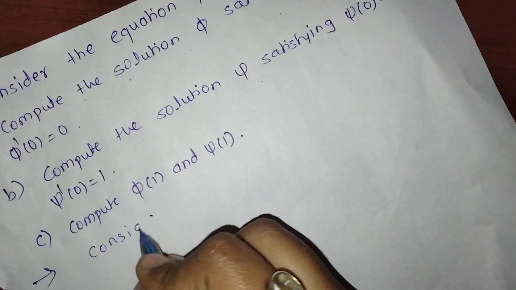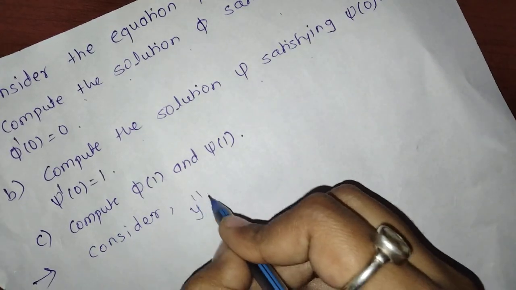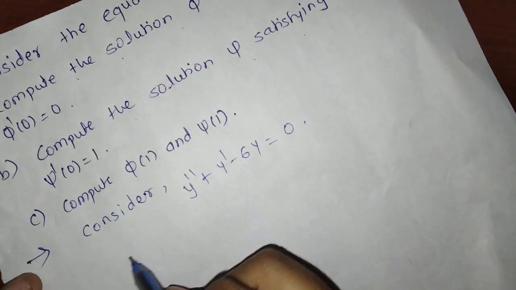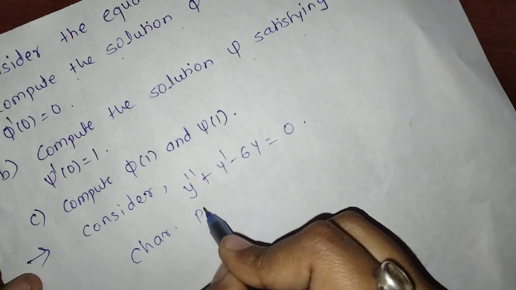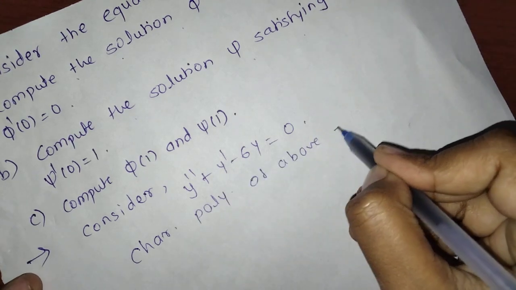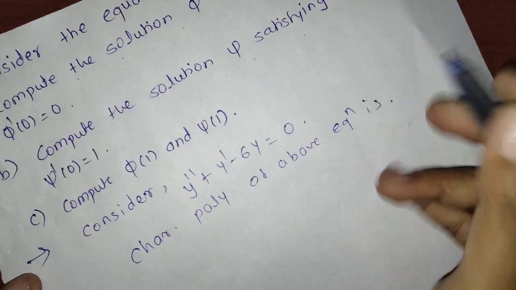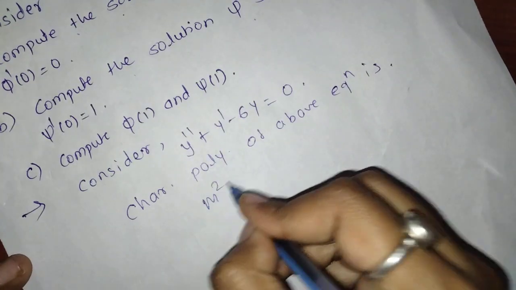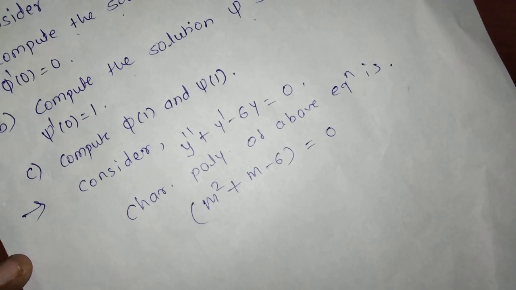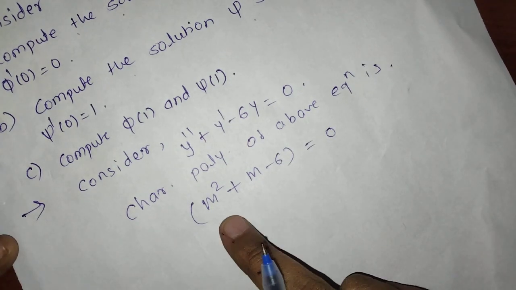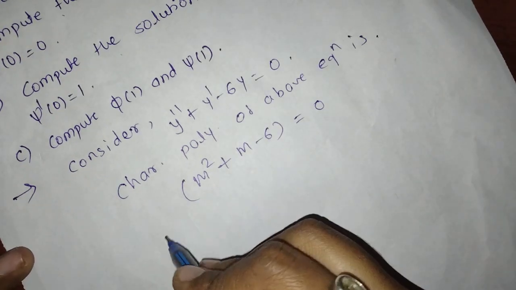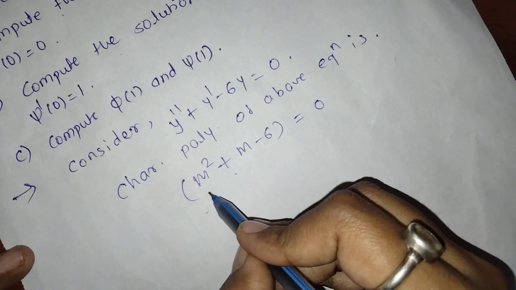consider the given differential equation y'' + y' - 6y = 0. So, the characteristic polynomial of the above differential equation is m^2 + m - 6 = 0, or you can write r^2 + r - 6 = 0, your choice. Now the roots of this